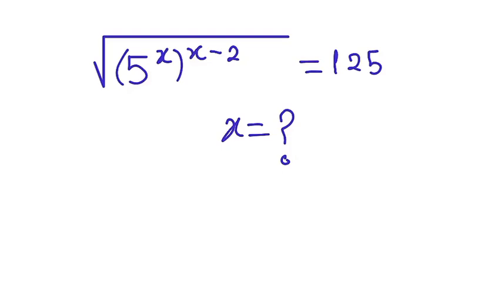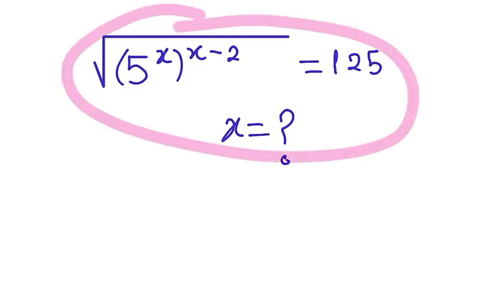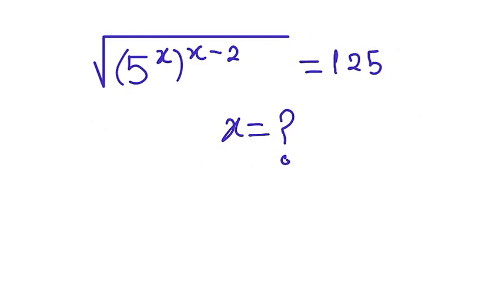So let's see. I have this on the board, and let's see how we can solve this. Now, what I'm going to do is that you see this inside. So let me square both sides. If I square both sides like this,